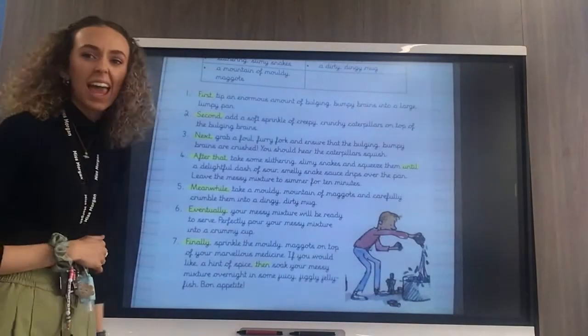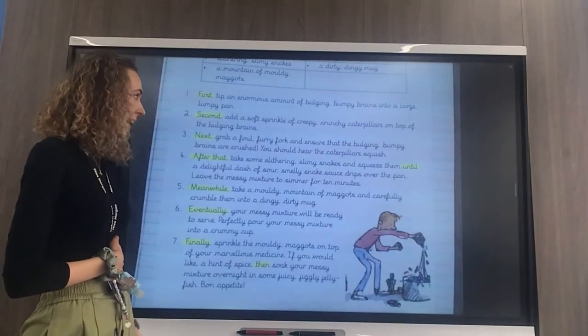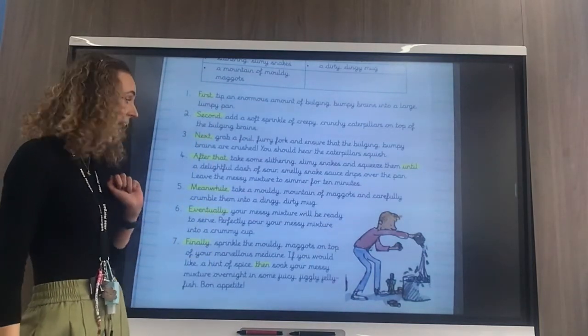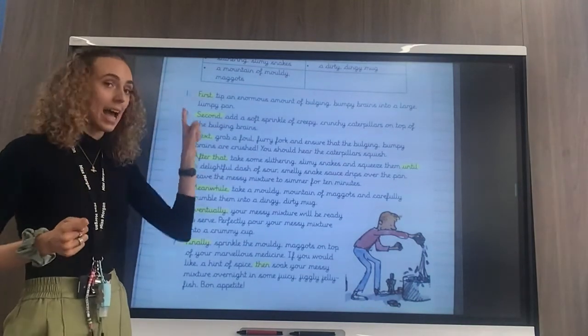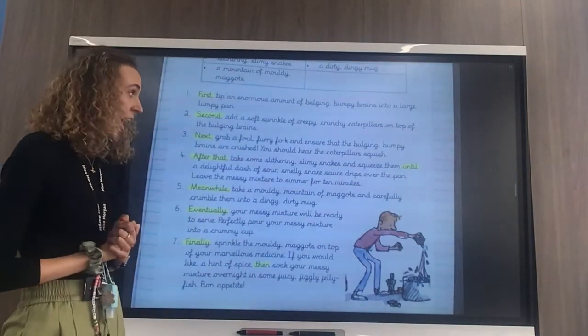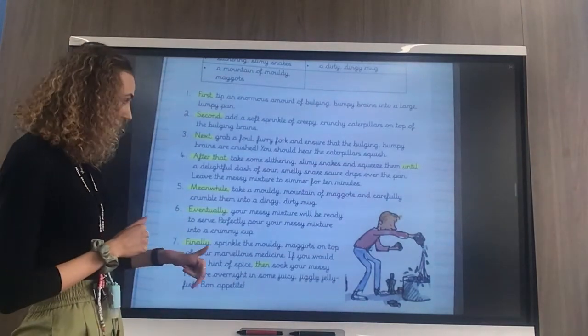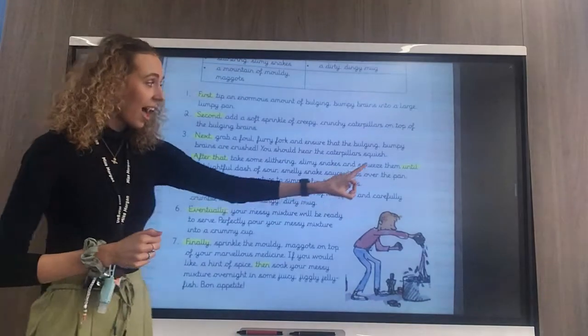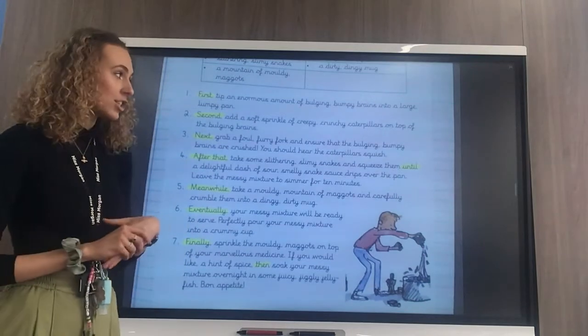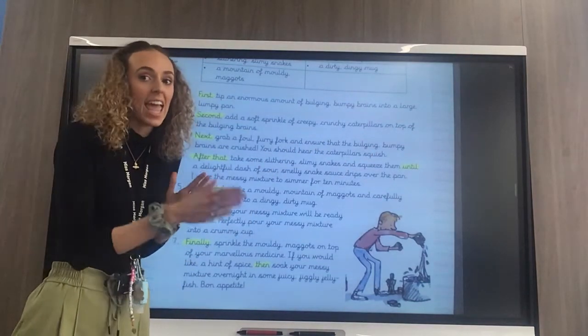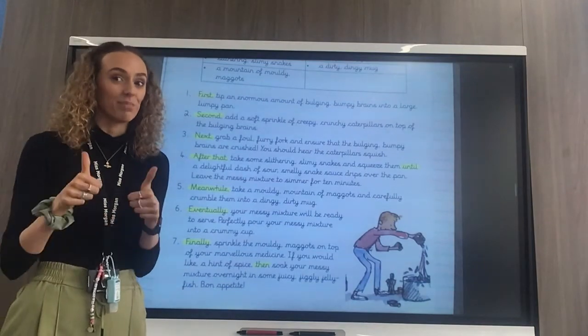Okay, before I reveal the answers, make sure that you have written all of them down on your whiteboard and taken a picture. Okay, so I have highlighted all of my time conjunctions in my instructions in my recipe. Well done if you notice all the time conjunctions at the beginning. So what does that tell you about instructions? You must include time conjunctions at the beginning of each instruction. And then a double well done if you have found the time conjunctions then and until. You are telling somebody to do it then, and you are telling somebody to do it until you have done something else. So well done if you got those ones, Year 3.